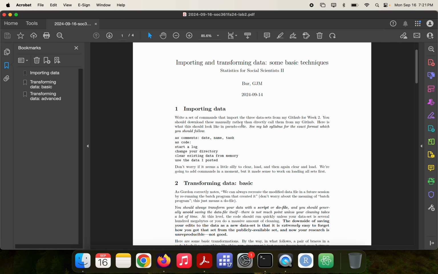And let's dive in. So the purpose of these exercises is to get you familiar with the process of importing and transforming data. So we're going to start with importing data. Here's what I suggest that you try to do on your own. You can pause the video after I describe this and then try it out. I would suggest that you try to write a set of commands that import the 3 data sets from my